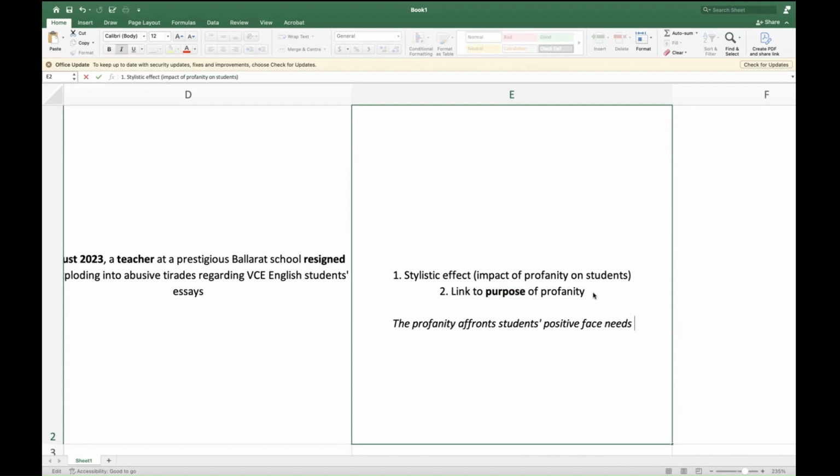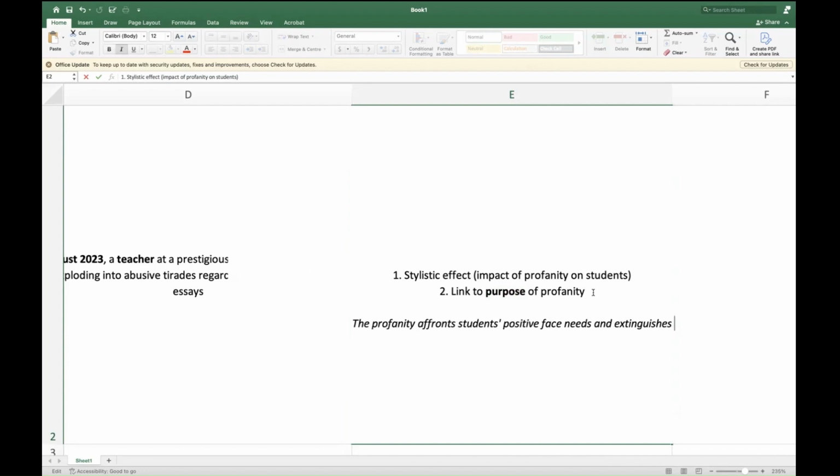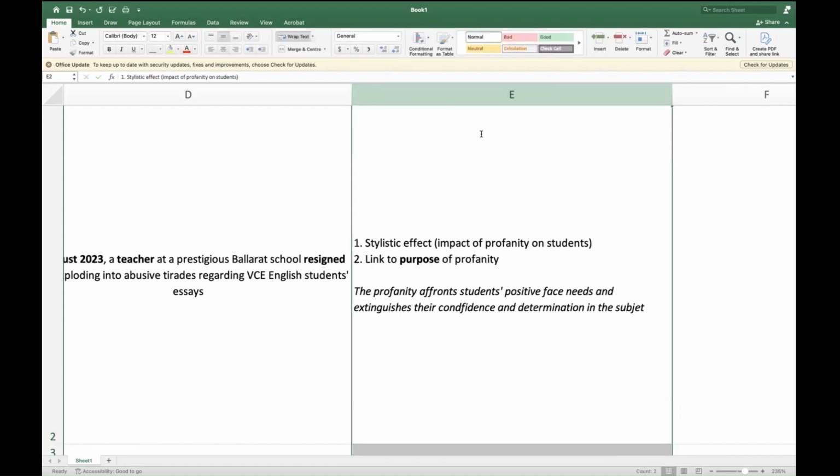And you can say, and extinguishes their confidence and determination in the subject. It's getting a little slow, so let me just wrap this.